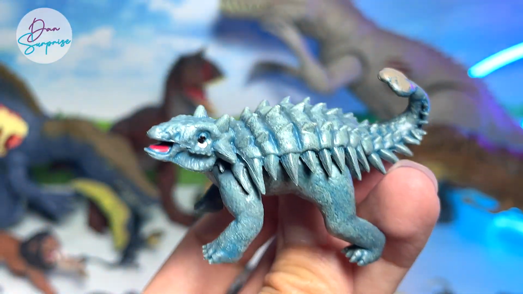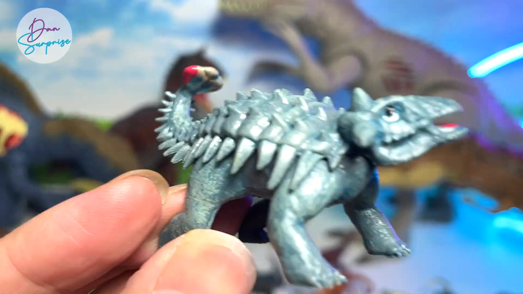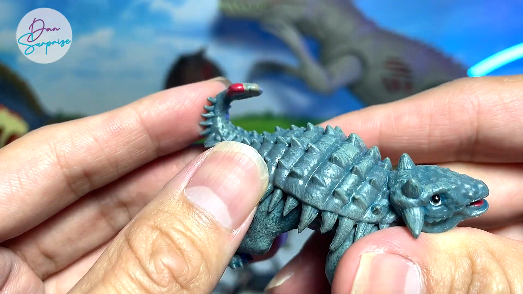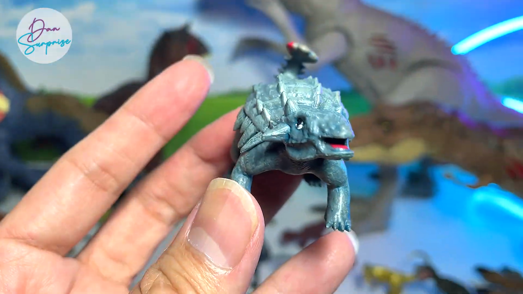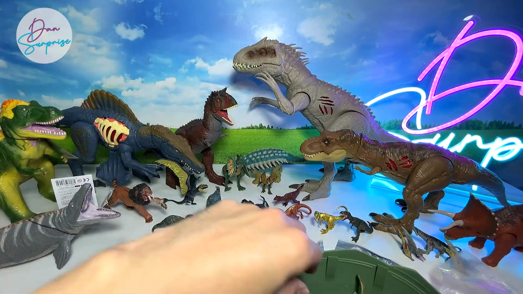I feel this figure is not the best in the set, but it's still pretty cool. You can see it has a battle scar on the club right over here, the bony club. So Ankylosaurus, the fused lizard, because the bones are fused together in its body, forming that really tough armor. Next up,